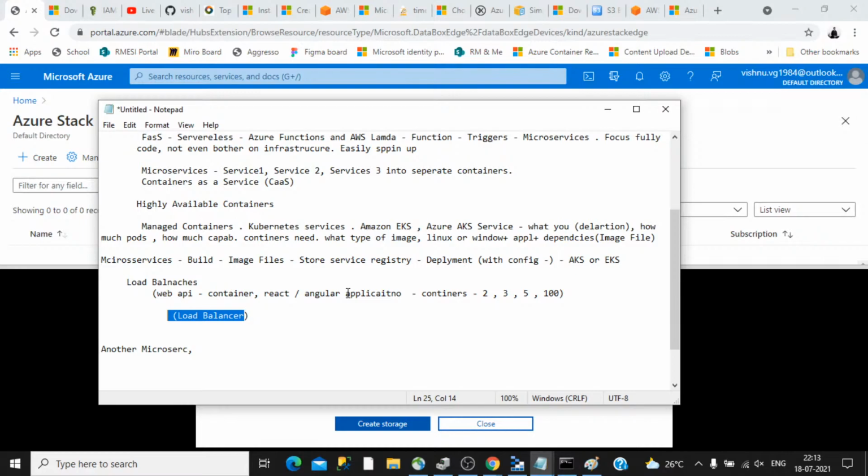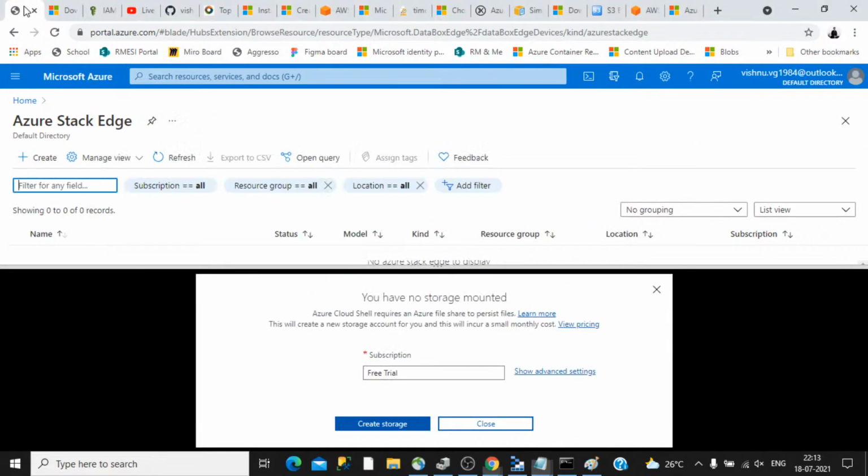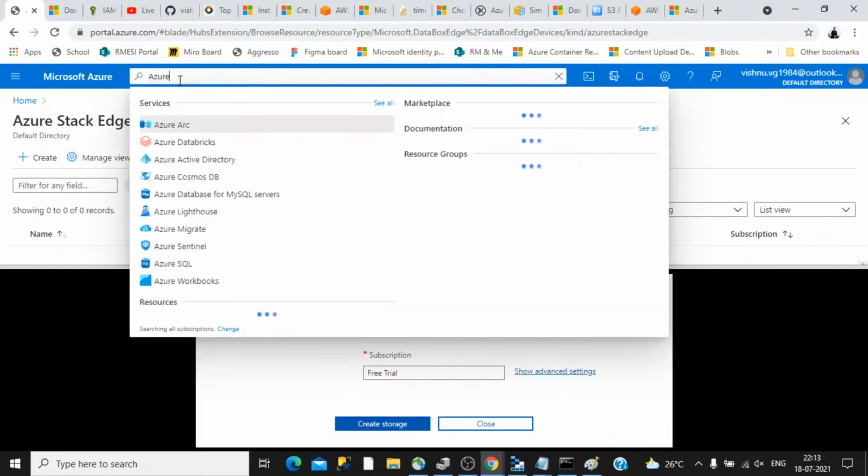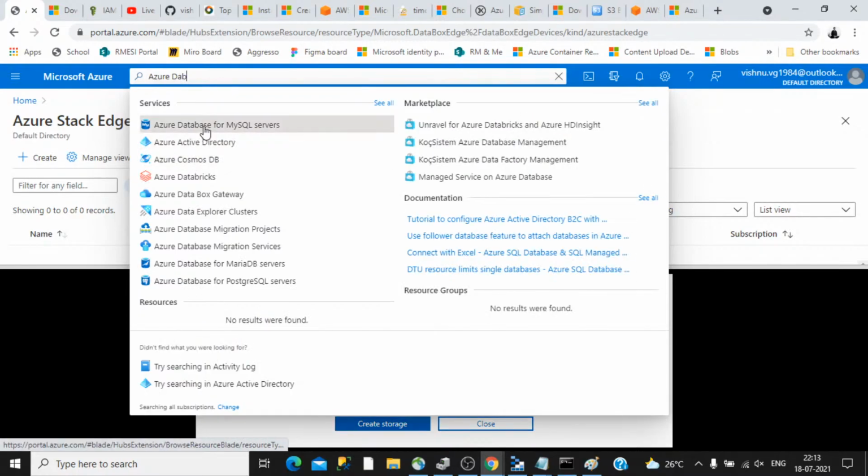Now let's understand the database a bit more. So, database options in cloud. There are different databases that are supported in cloud. Let's look at the Azure database options. In Azure different databases are supported. When I explain about Azure, you can think of it as common with Amazon, and you can relate it to other cloud providers as well.